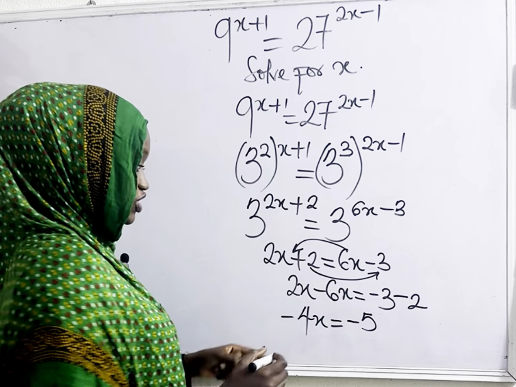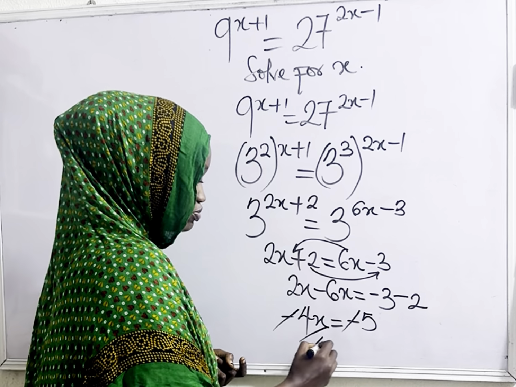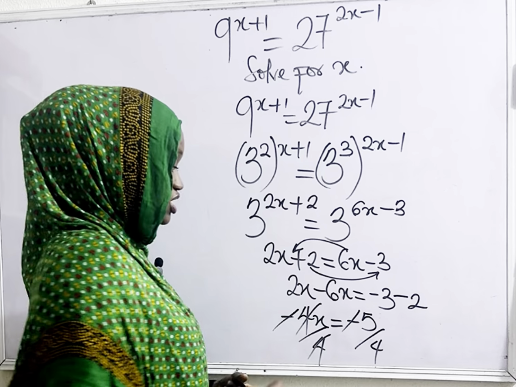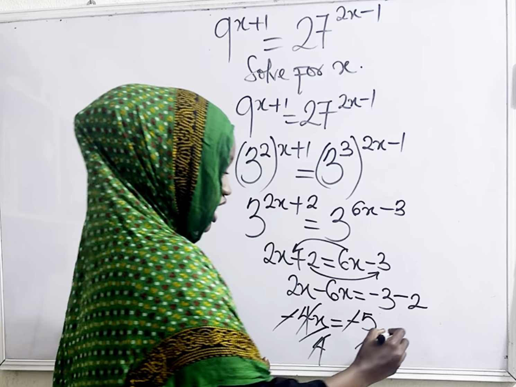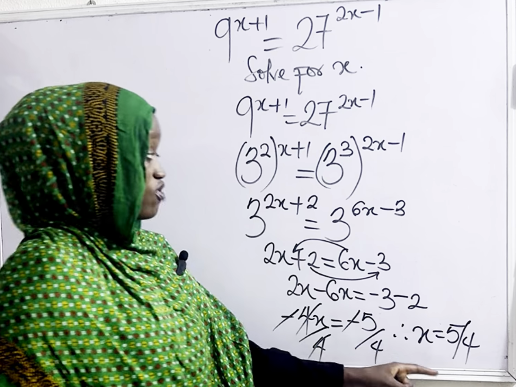We're looking for the value of x, right? But we can see that the minus can cancel out on both sides. So we divide both sides by 4. The 4 cancels out on the left hand side, both in numerator and denominator. At the end, we are left with x equal 5 over 4. So x equal 5 over 4